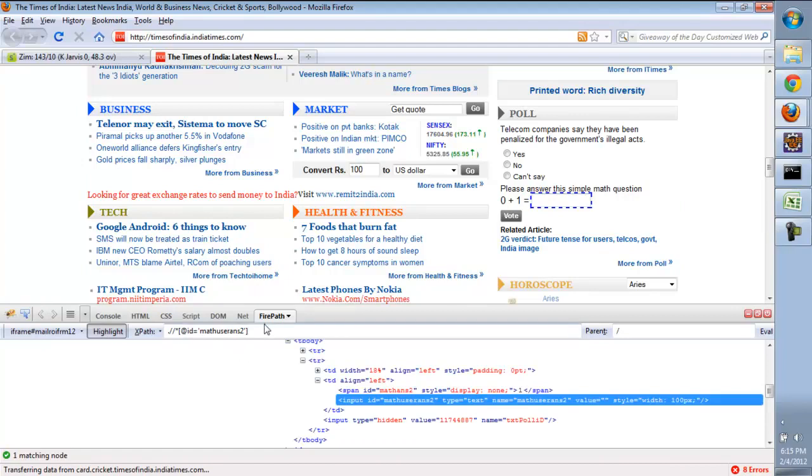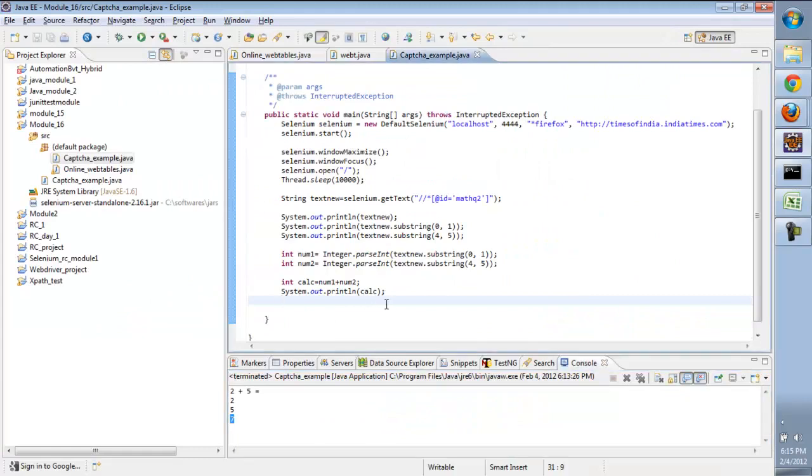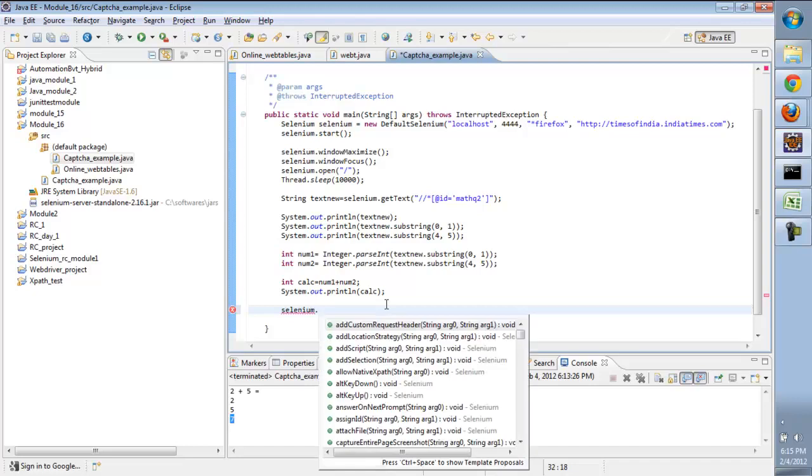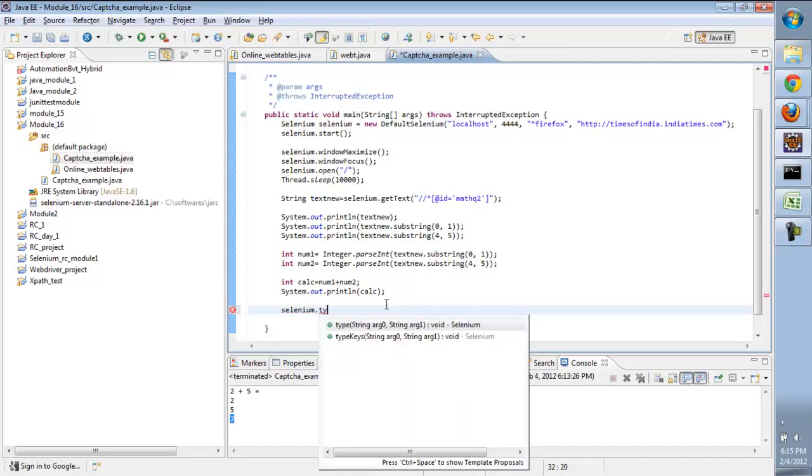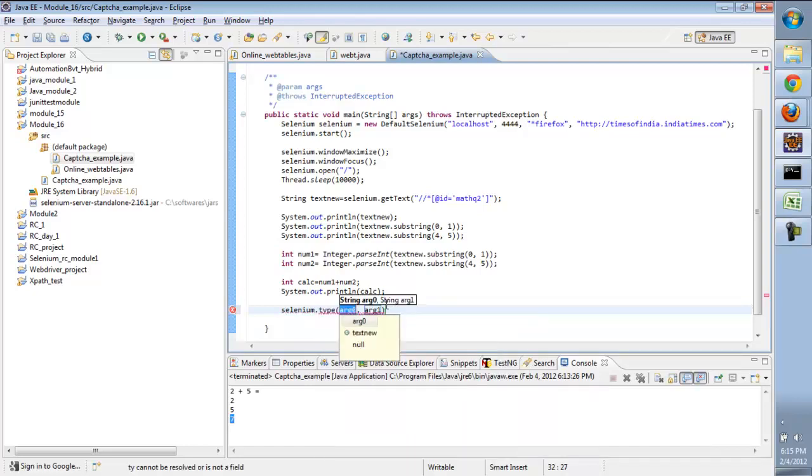So this is the XPath. Here we need to put our answer. So we need to type for that. There is a method that is selenium.type. This selenium.type accepts two arguments and both are string arguments. So in the first argument we place the XPath, and in the second argument we need to